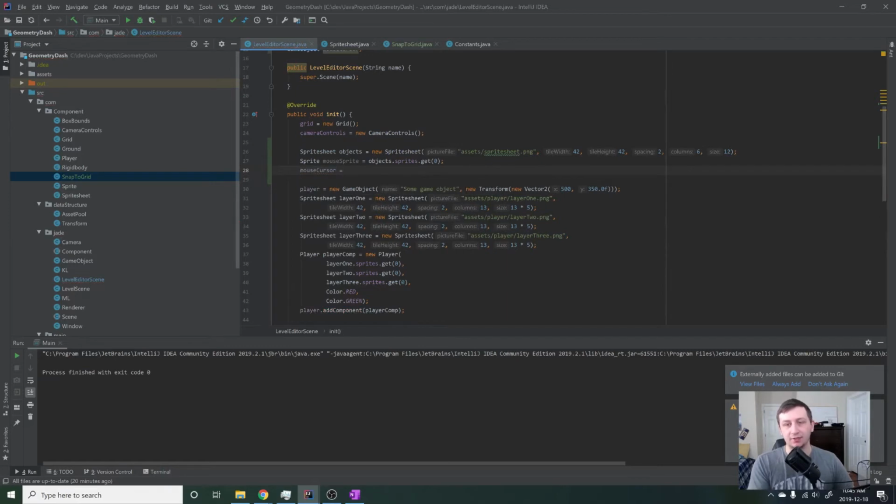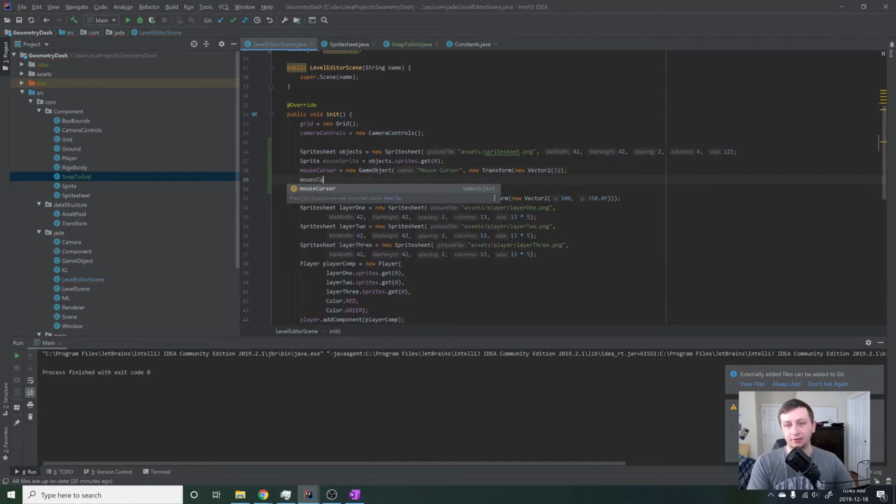It's just going to be attached to the mouse cursor. So we'll say the mouse cursor equals a new game object, and then we're going to give it mouse cursor transform new vector 2. It doesn't matter because it's going to be changing anyway. So we need to wrap that in new transform as well. There we go. Okay, so we create the game object and we say mouse cursor dot add component new snap